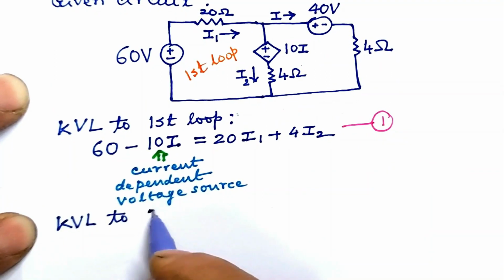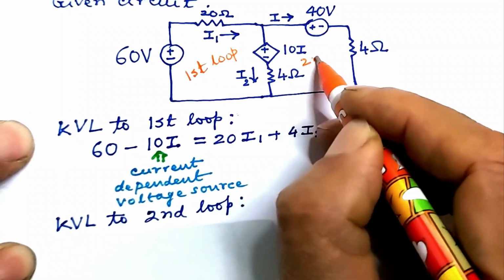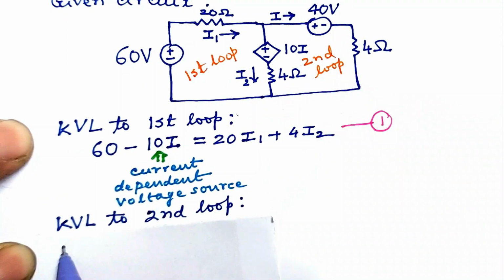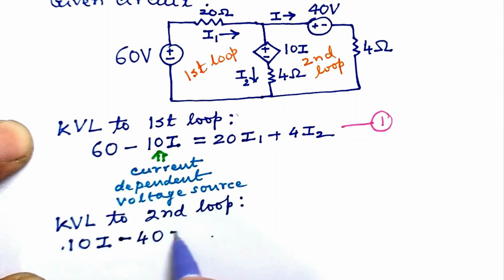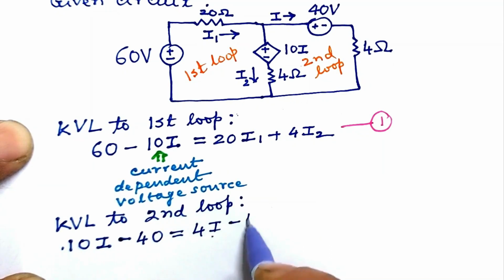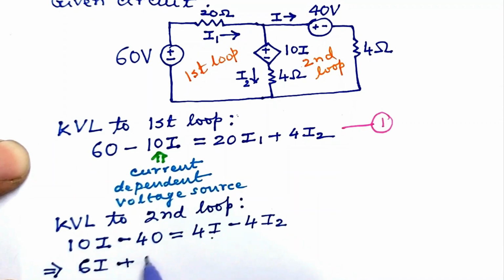Now apply KVL to second loop, and this is the second loop. Let us circulate along I. We thus have 10I minus 40 equal to 4I minus 4I2. Simplifying,